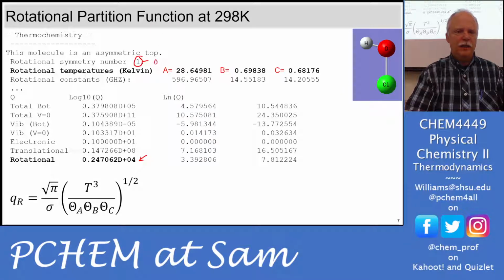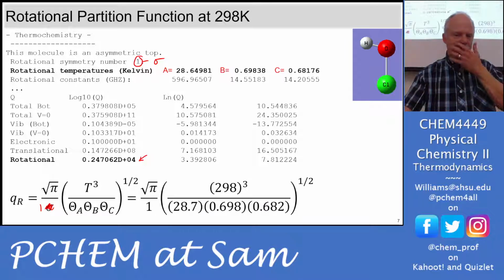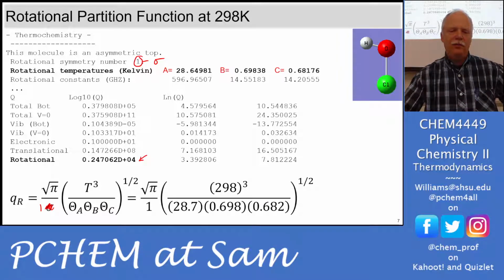So that's equal to sigma. So this guy right here is 1. And so we can put all of these numbers in here. We're at 298 Kelvin. We have our 3 rotational temperatures. Temperature cubed, and we divide by those rotational temperatures, take the square root, multiply by the square root of pi, and we end up with